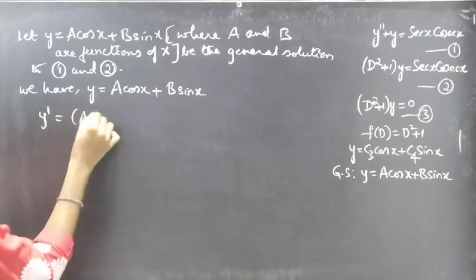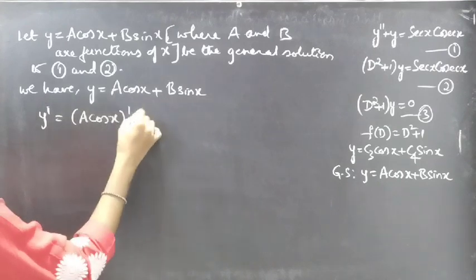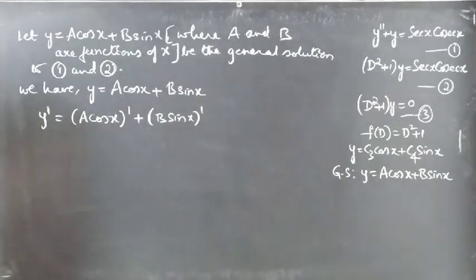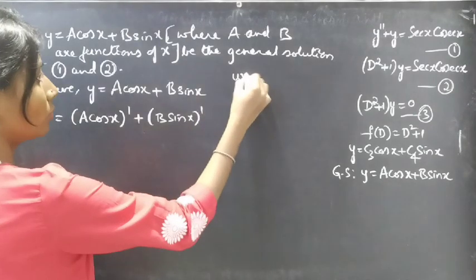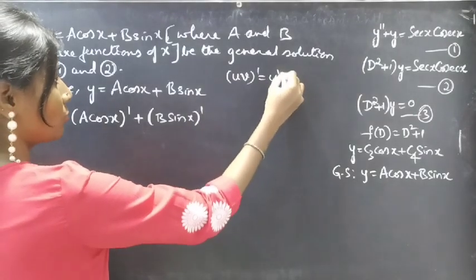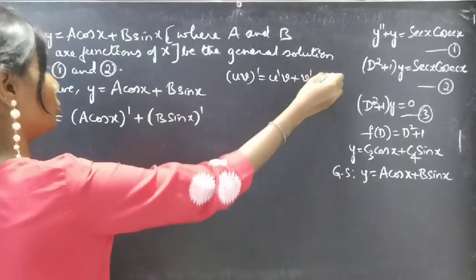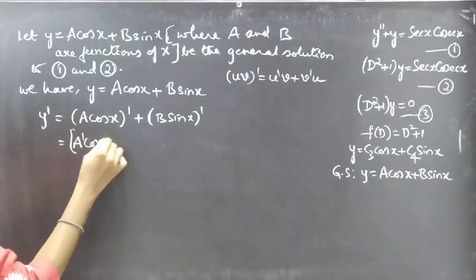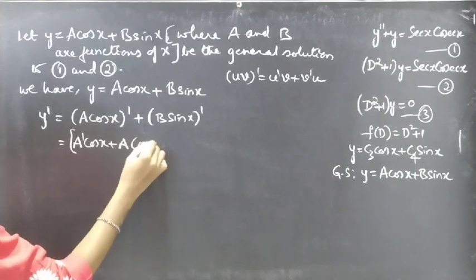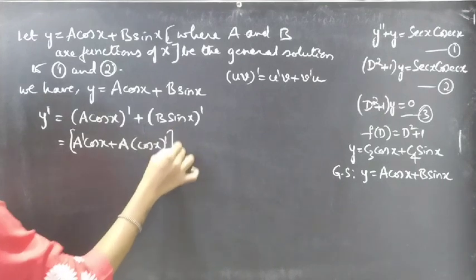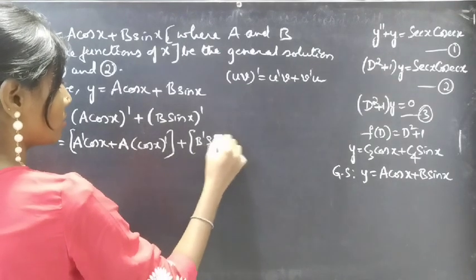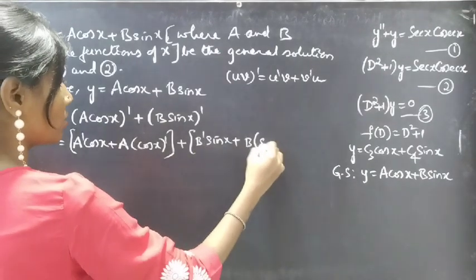y dash equals a cos x whole dash plus b sin x whole dash. Here we are having two functions, right? So we are going to apply the uv whole dash formula: u dash v plus v dash u. This gives us a dash cos x plus a into cos x dash plus b dash sin x plus b into sin x whole dash,